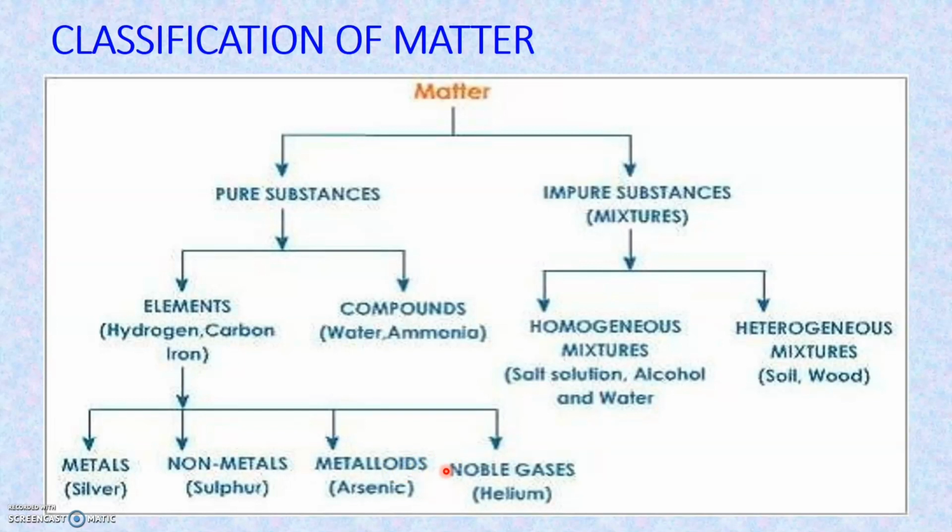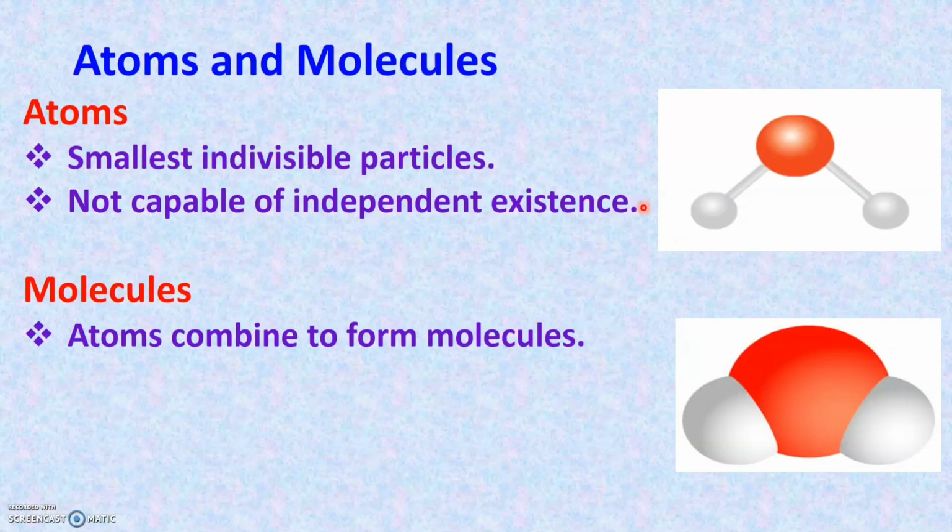But before we go in to see what these pure and impure substances are, let's understand two other important terms in chemistry. They are atoms and molecules. Yes, have you heard anywhere of these words, atoms and molecules? Atoms are the smallest particle of matter. Or in other words, they are the building blocks of all matter.